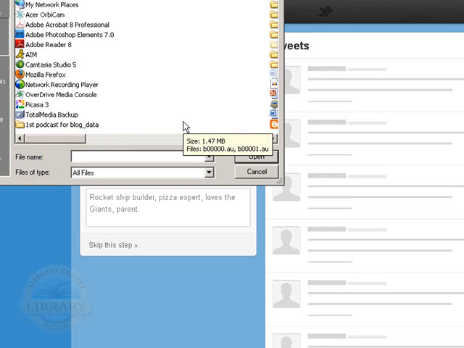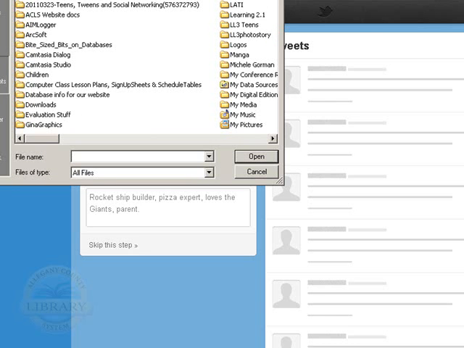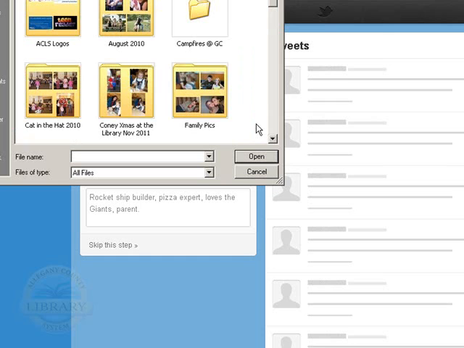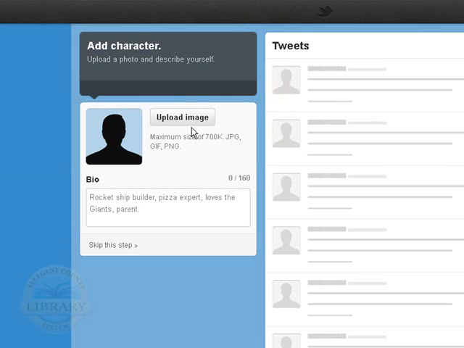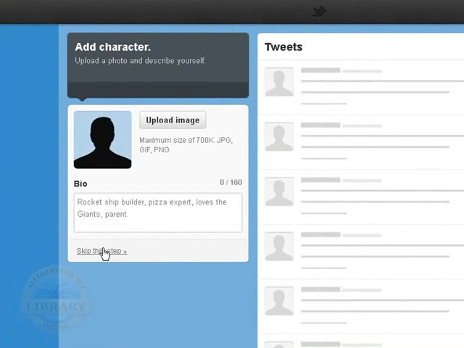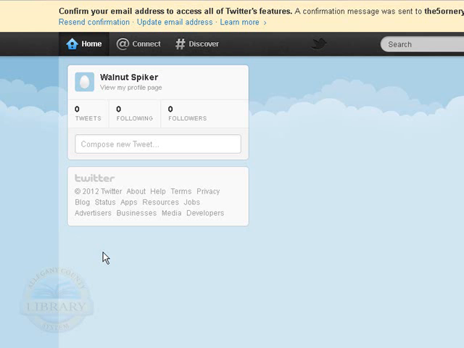These are just various types of photo file extensions. And you would just search through your photo files, and you could import any of the photos within, upload that image. So again, I'm clicking skip this step,